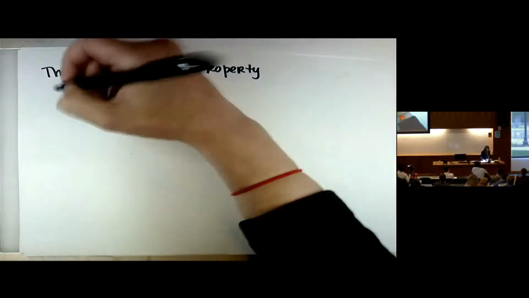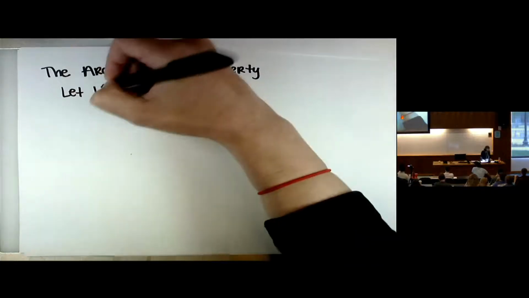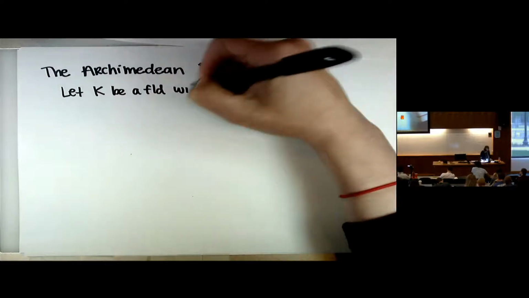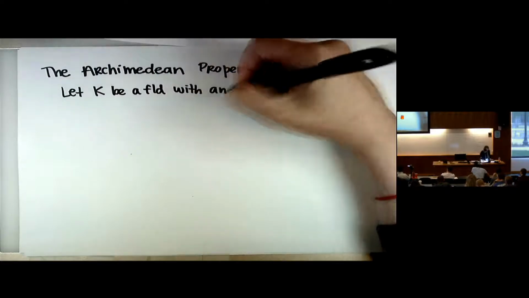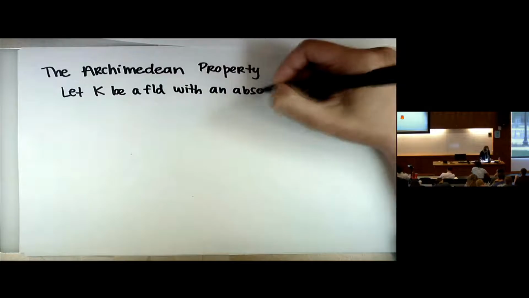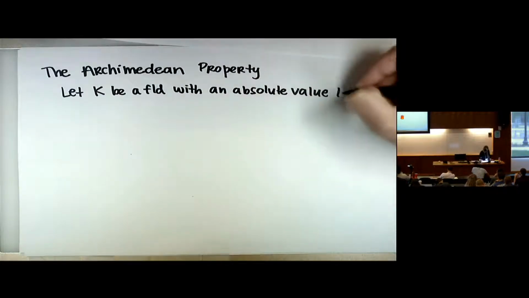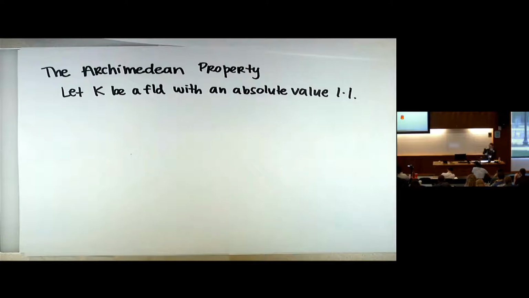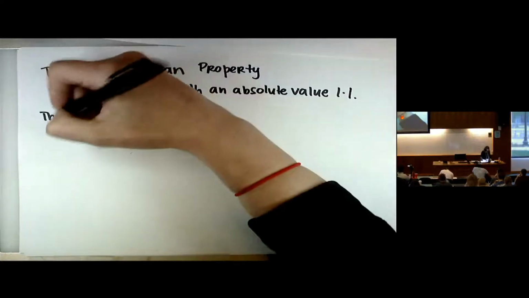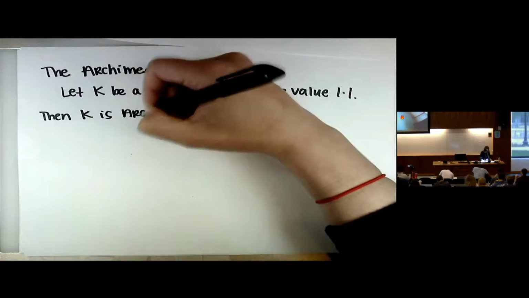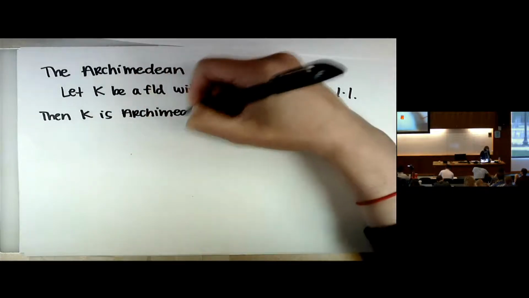Okay, so I'm going to let K be a field with an absolute value. And if you're not sure exactly what I mean, I will give the definition. But for now, just think of the absolute value. I'll write it with 2 bars and a dot. The dot is where the number goes that you would take the absolute value of. Okay, then K is Archimedean